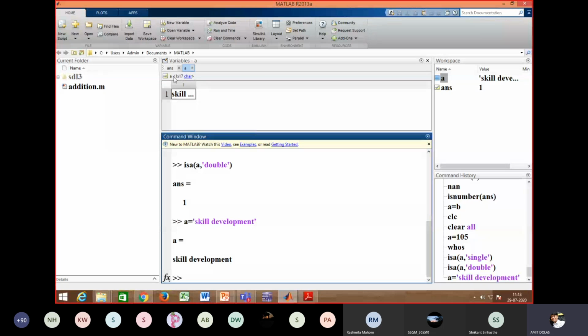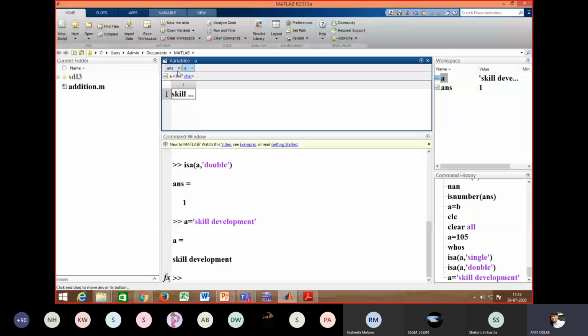So here you can see variable a now has the string, or say character, named skill development. If you count the letters, there will be only 16, but you can see here its dimension is 1 by 17, because whatever space I mentioned between skill and development is considered as a character.